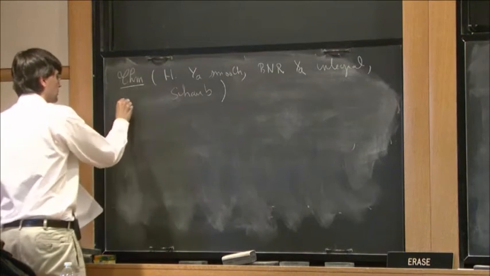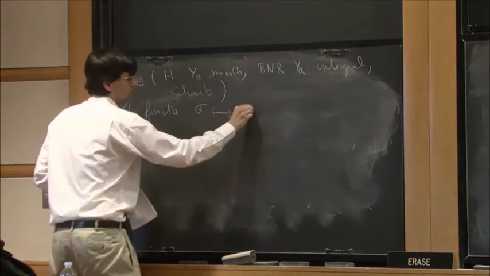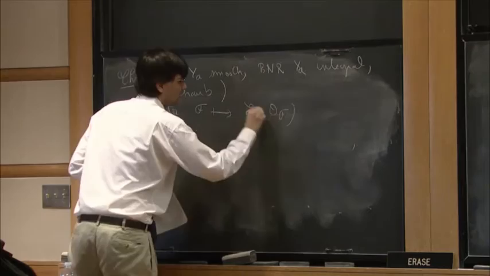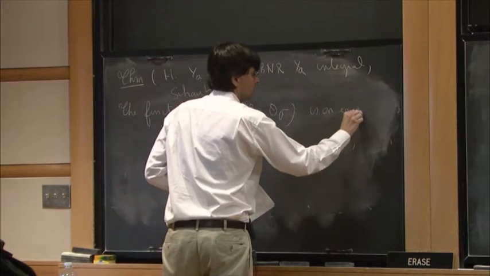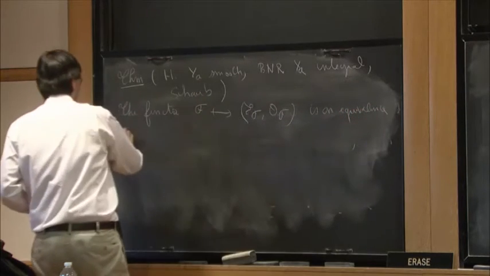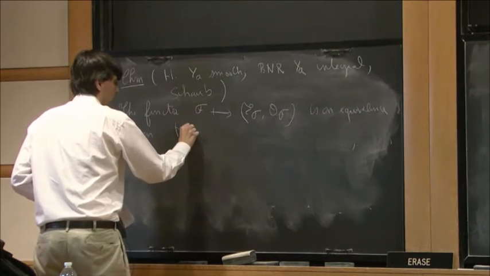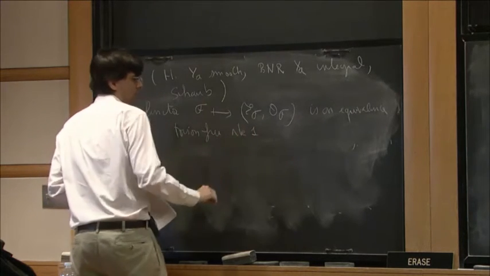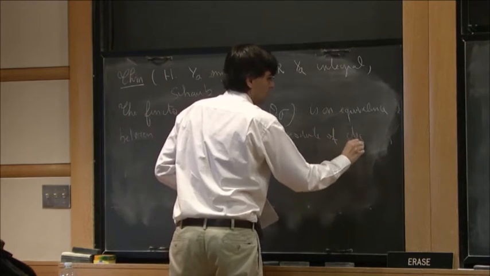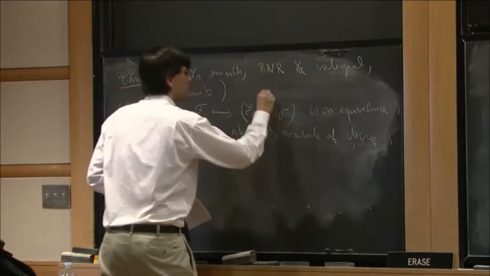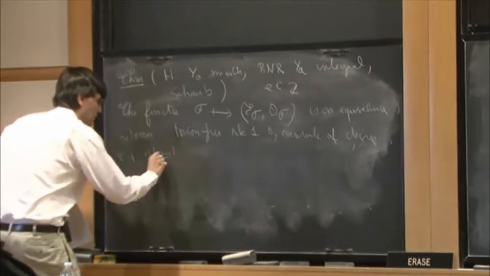So the functor is an equivalence between torsion-free rank 1 O_Y modules of degree, so let me fix the degree, of degree e plus n(n minus 1)/2 times d,